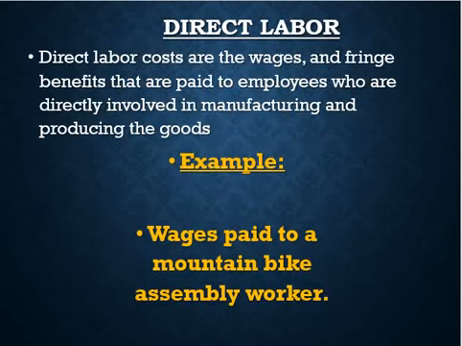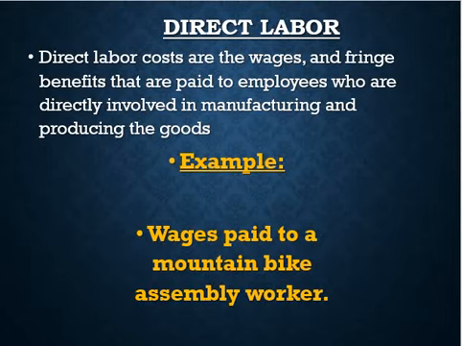Next category is direct labor. Direct labor costs are the wages and fringe benefits that are paid to employees who are directly involved in manufacturing and producing the good. So the assembly line workers will be direct labor. Okay? Sometimes this gets confusing when you read the word machine. So if they have a machine that is directly putting that